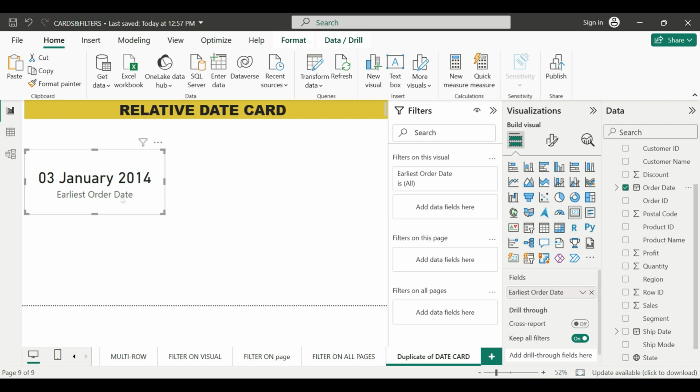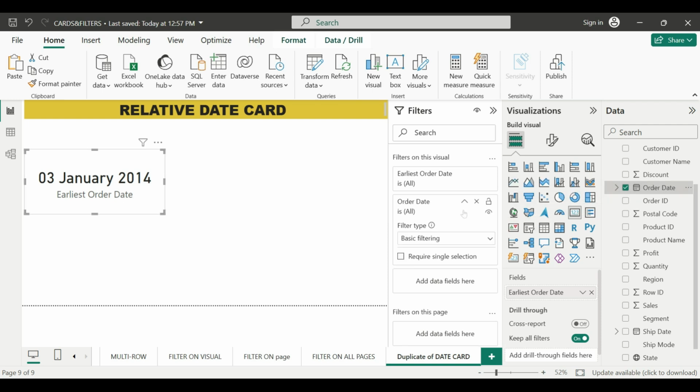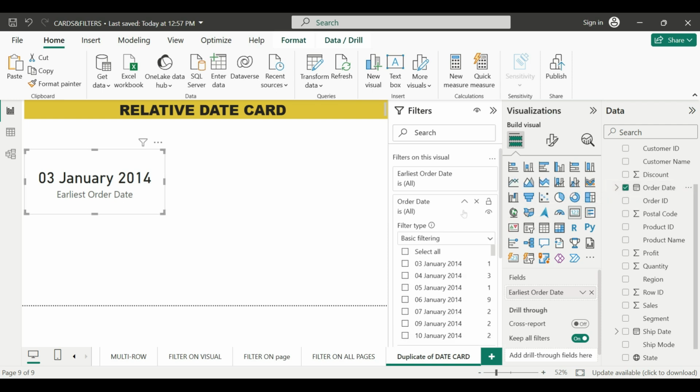So I can drag this order date and drop it into this box. If I click on this drop down, I have these 5 options. When you drag some textual fields, you have 3 options. So relative date is a new feature. My question was, I want to find out in the last 10 years which was the smallest date.